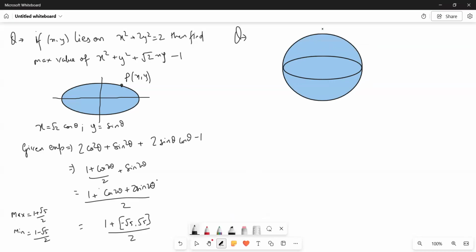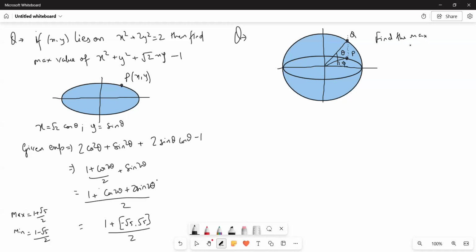So now the question is, suppose for a point P on the ellipse, the corresponding point on the auxiliary circle is Q. If P makes an angle phi with the x-axis and Q makes an angle theta with the x-axis, find the maximum,